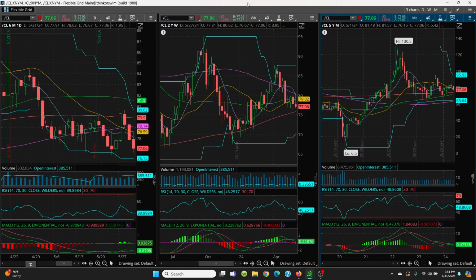So that's what they're looking for. Here, for the upside, you can see that 77.06 that we're at right now. What you're looking for here is exactly the opposite of what we did on the support levels. So upside here, we're looking at the 77.25 level. We can come to the bottom of this candle here. You're looking at 77.63, and then we're looking for that 8 SMA, 79.08, and then we look right there at